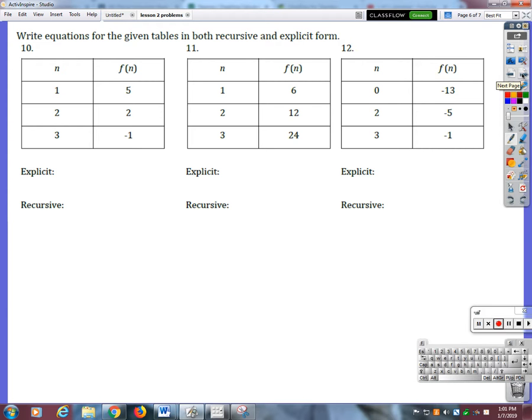All right, number 10, write equations for the given tables in both recursive and explicit form. So for number 10, to do that in explicit form,